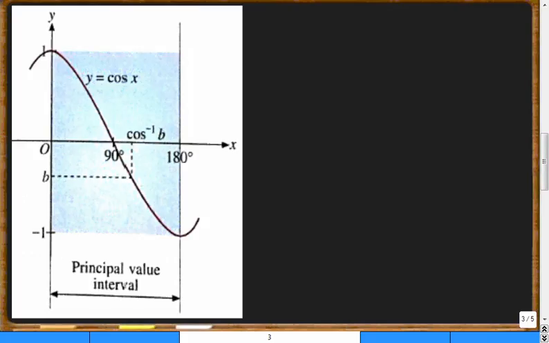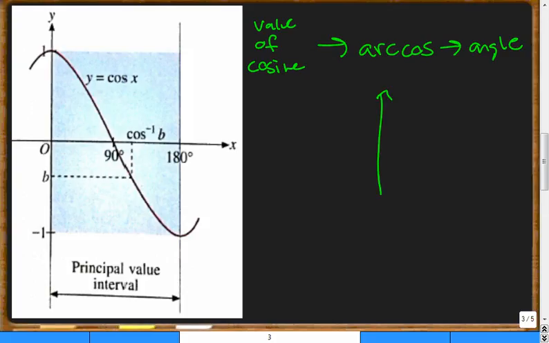Arccosine works very similarly, right? We're taking a value of cosine, we put it into arccosine, and we get an angle. Arccosine, again, still can go from -1 to 1, okay? But what it's going to look like is, because it starts at 1, it starts its graph at 1,